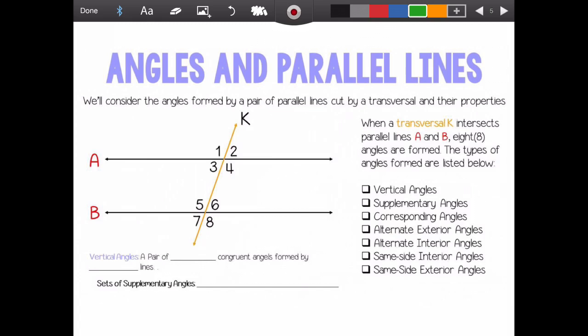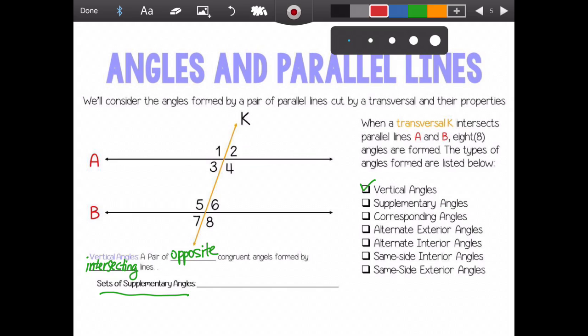Okay, so our first one is vertical angles. Vertical angles is a pair of opposite congruent angles formed by intersecting lines. So opposite goes in that first blank if you're filling in the notes. Here's an example, and this part right down here is left for examples. Vertical angles could be